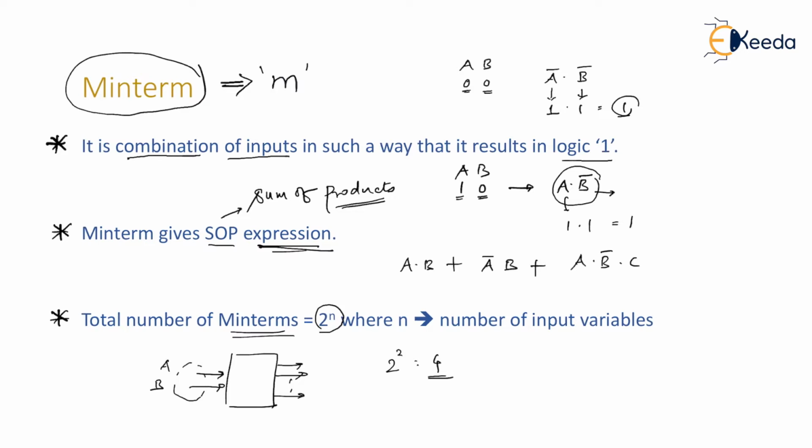Now I'm going to tell you how to use minterms and maxterms. Remember, basically minterms and maxterms are used to get the output expression for a particular circuit. I repeat what I said once again. Please listen to me very carefully. You can note down this point in your notebook. Minterms and maxterms are used to get the output expression, or the logic equation, for a particular circuit.